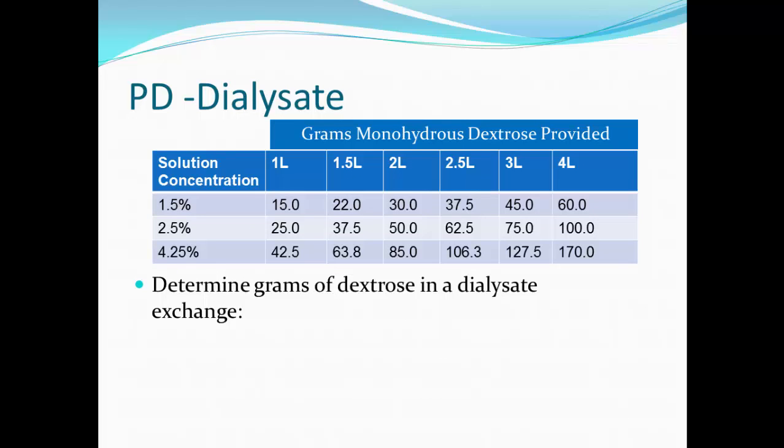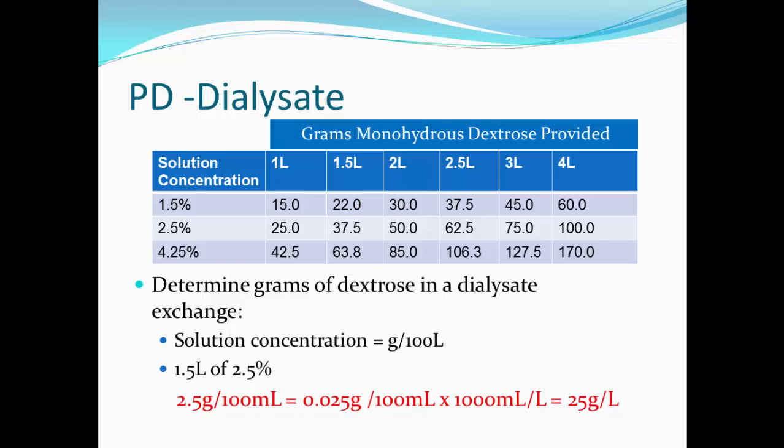So this table is very important in this calculation. It can help you to determine the amount of grams of dextrose that is provided by different solution concentrations. So we'll work on a problem together. First, you have to determine the grams of dextrose in a dialysate exchange. Remember that the solution concentration is grams per 100 milliliters. So for example, if you have 1.5 liters of a 2.5% solution,